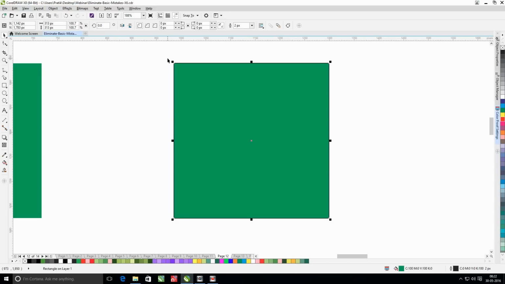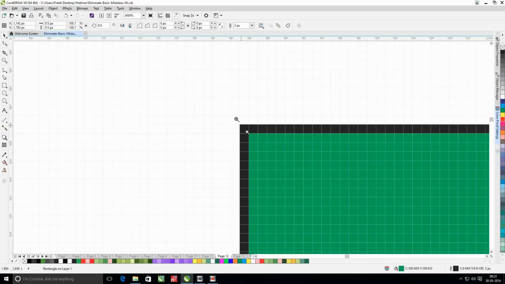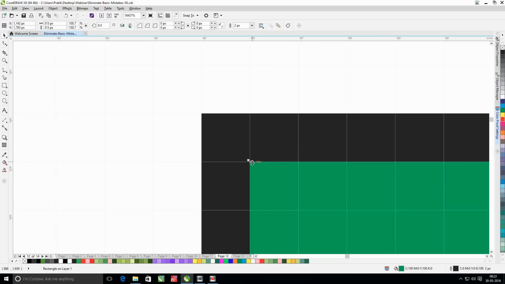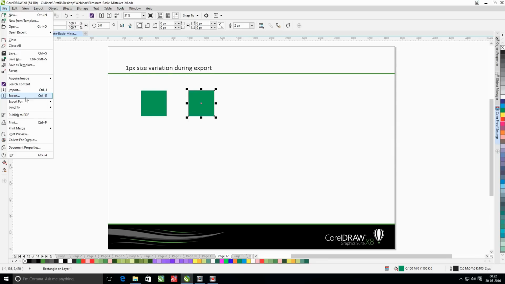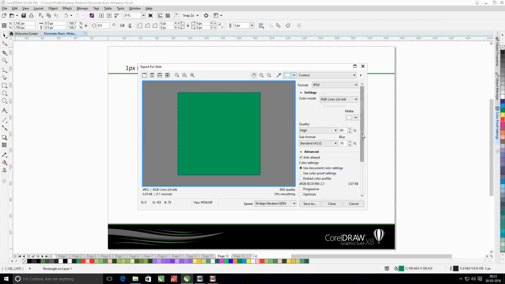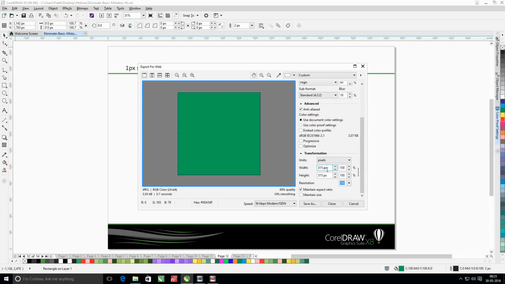When I click OK, again if I see that this pixel has been perfectly aligned with the pixel grid, this node, so while exporting this object I will not notice any change in size. There it is, 315. There is 1 pixel of outline on each side of the object added to this area.